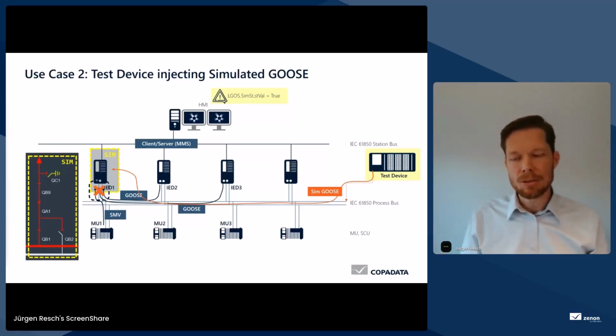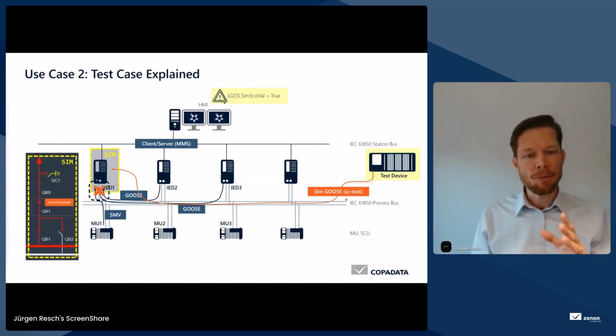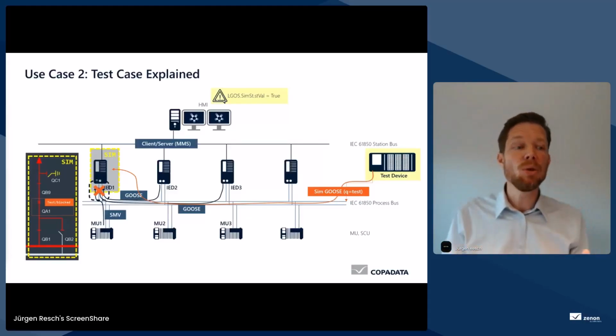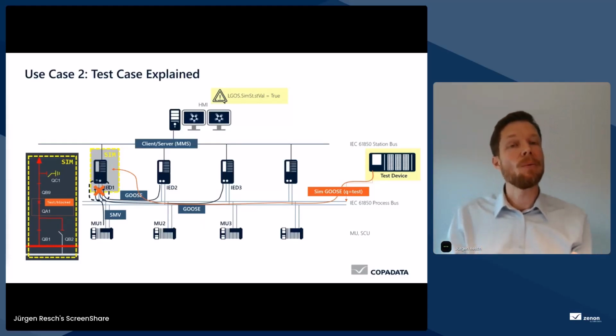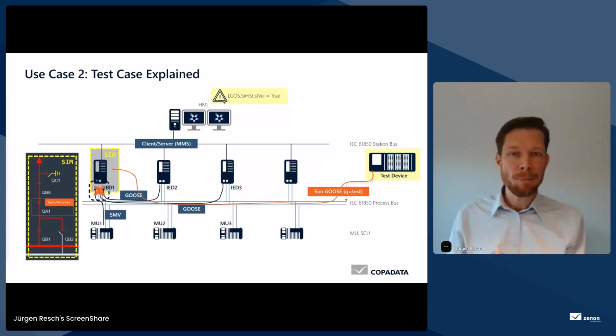Maybe before we go into the live demo, where we will show this simulation part here, a little bit of a reality check. So how would we do that in reality? In reality, we would not just set something into simulation and inject some simulated GOOSE messages. We would also do a similar test that we have seen before, but now the commands are coming from, I don't know,